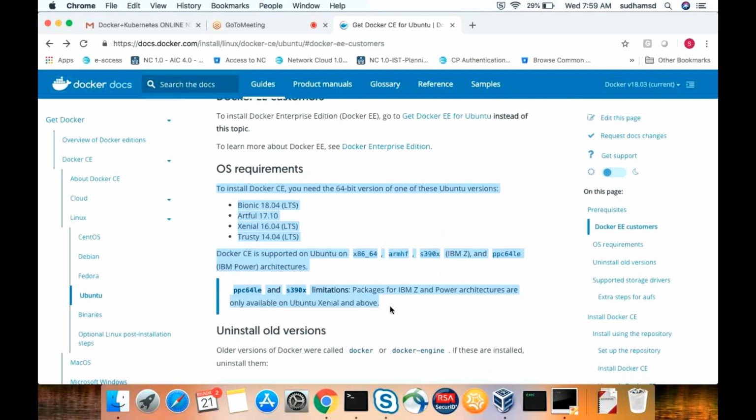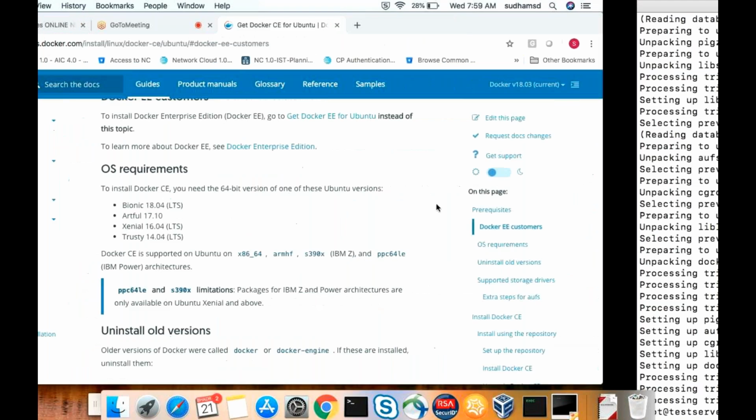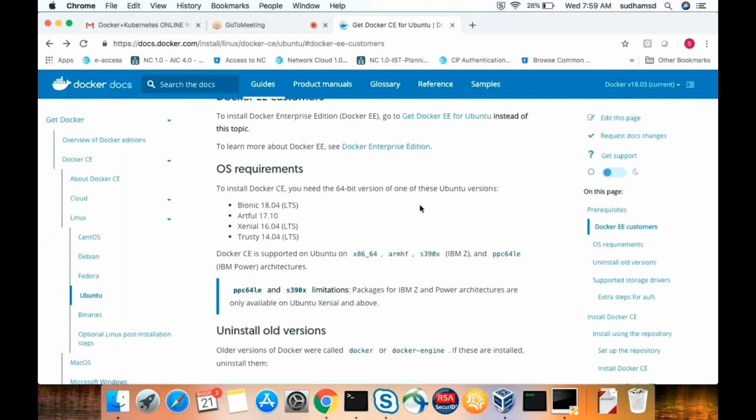For example, in RHEL, say RHEL 7.4, the latest version, I want to install the Docker package on RHEL 7.4. For that, I'm using my golden image, like a template, whatever my project or customer specification is. In that golden image, the Docker package is not there. So at that time the customer requested the Docker package. Is it recommended that I download packages from Google and copy them to the server?